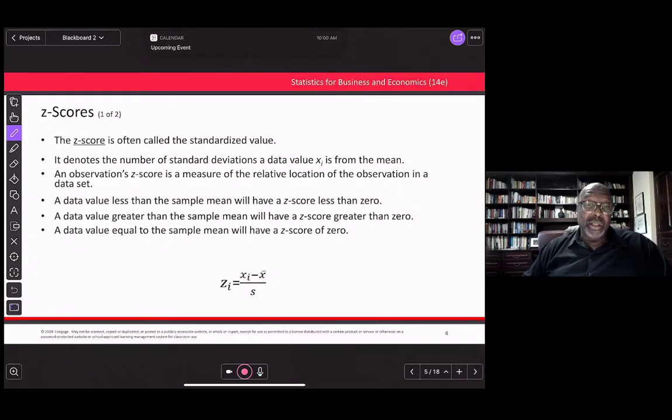Z-scores. Z-scores are going to become very important to us over the next several weeks, so it's good to get an introduction to it at this point right now. So what is a Z-score? Whenever we have a distribution, we want to get a sense of where the values are relative to the